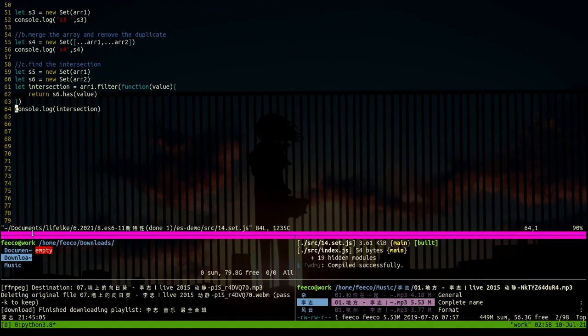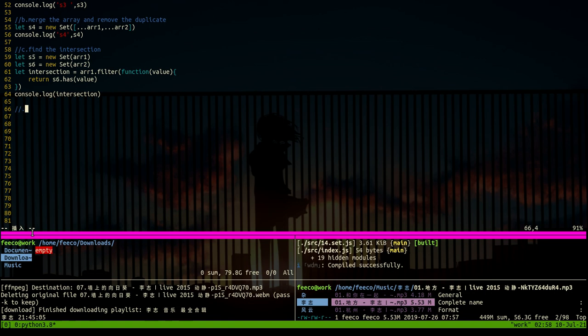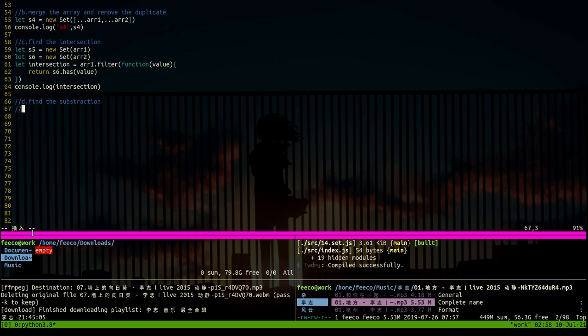Also, we can use this to find the subtraction, which means all elements except the intersection, right? So it should be 1, 2, 5, 6, except 3 and 4, except the intersection. So what should we do? We do